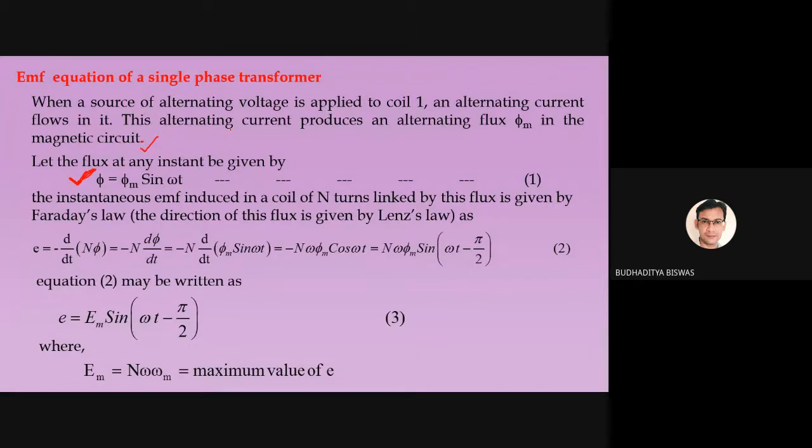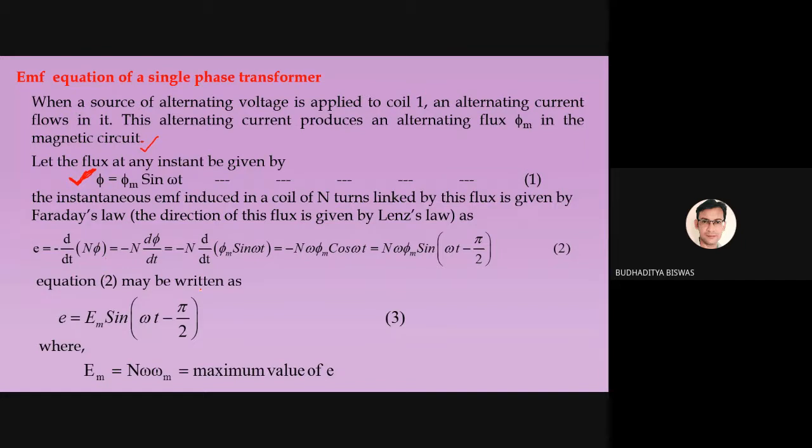And here you see so many quantities are there: primary applied voltage, induced voltage, secondary voltage, all these things, but they are not related to each other. They are completely electrically isolated. But what are the quantities which remain constant? One is flux, power, and frequency. So here, as we're dealing with the flux, we should take flux as the reference quantity, because this one is common for both the primary as well as the secondary winding. And as this is the AC flux, phi equal to phi m sin omega t. This is our equation number 1.